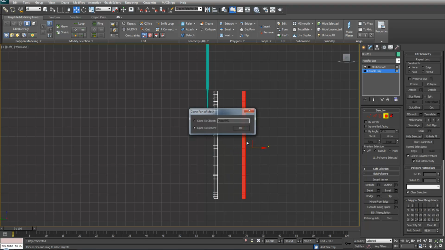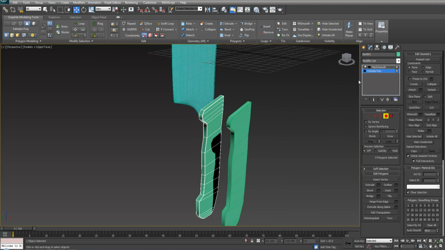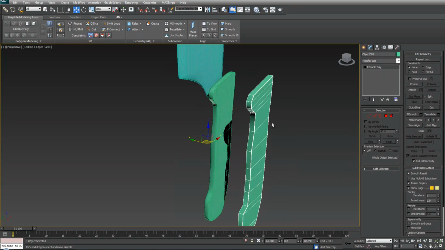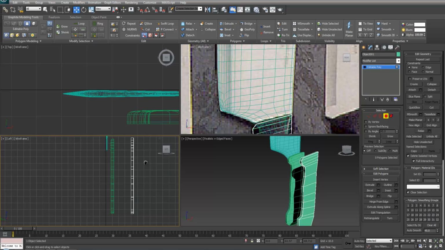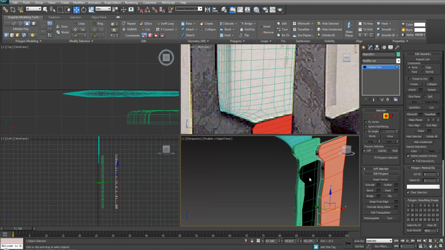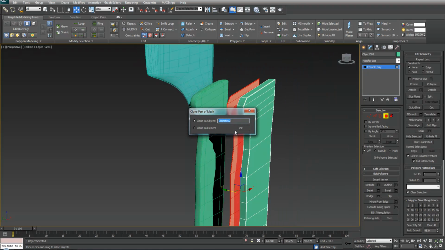There's Shift drag and clone to object. Okay, and now you can see we have 2 pieces here. So what we're going to do with this one is some magic. So select the outside edge and deselect the inside, which leaves us with just the chamfer portion. Shift drag it over, clone to element,